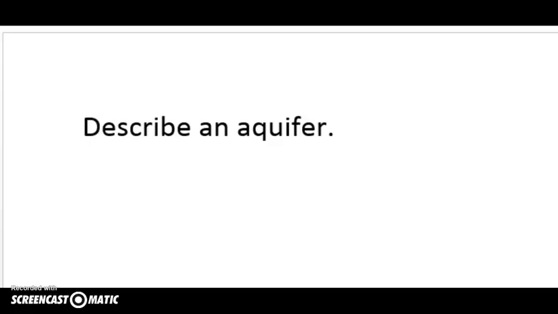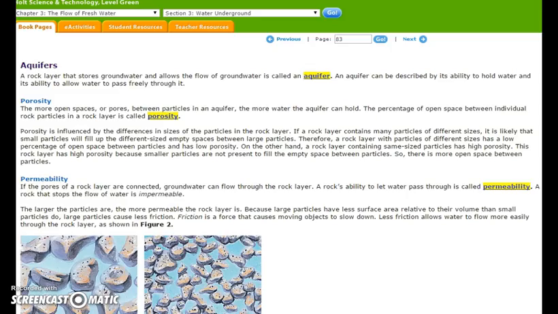Now that we know that there is a saturated section of water underground, we can move on to objective number 2, which is describe an aquifer. An aquifer is the next vocab word, as we see here. It is defined in the book as a rock layer that stores groundwater and allows the flow of groundwater. This is an aquifer. Aquifers are described by their ability to hold water and its ability to allow water to pass freely through it. So, what this is to say is that underground there are rocks that are completely saturated